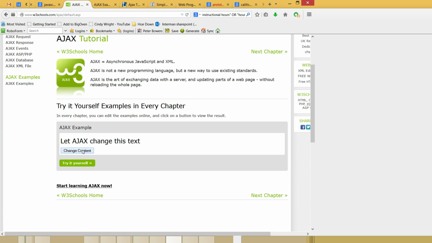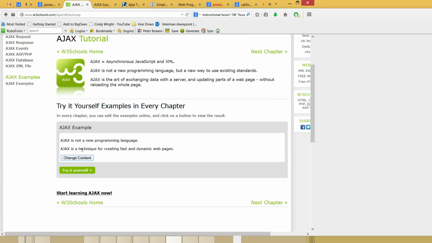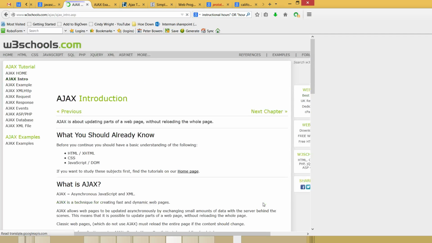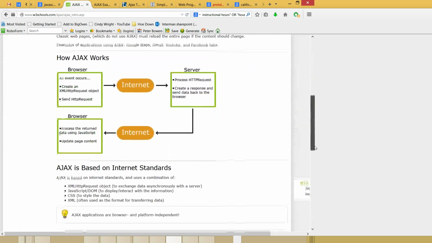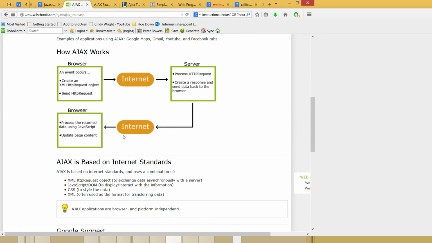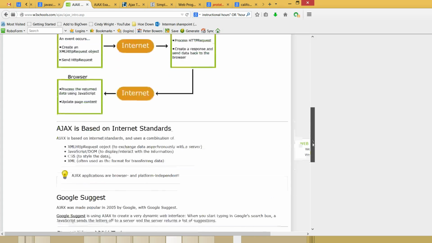All right, here's an example. Let Ajax change this text. I click on it, and now it says it's not a new programming language. It's a technique for creating fast and dynamic web pages. I go on to my next chapter. Okay, we've already done all this stuff. This is just a description of it again. I think you guys understand it. This is very standard